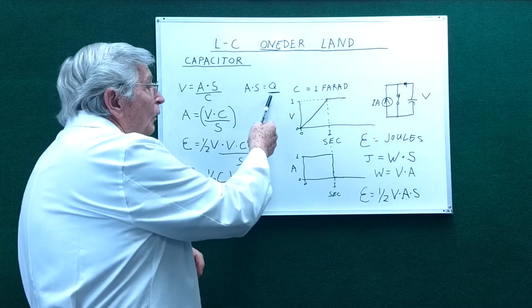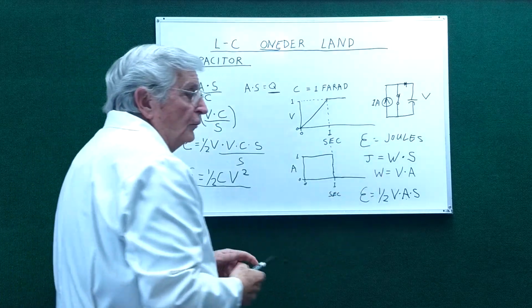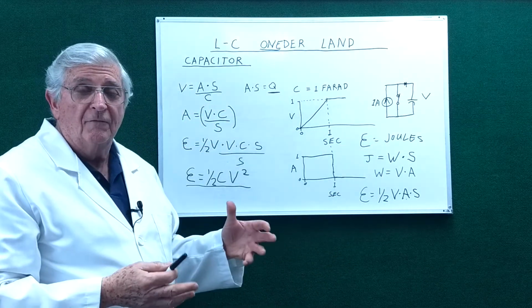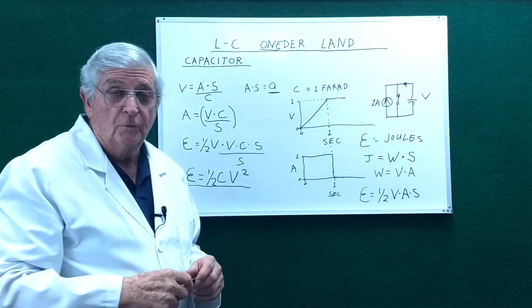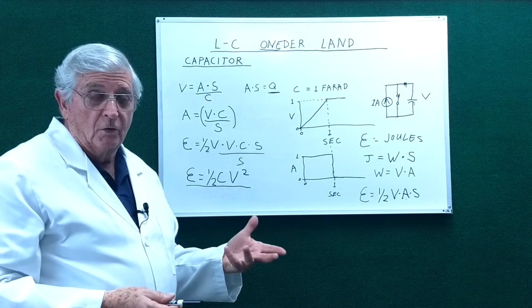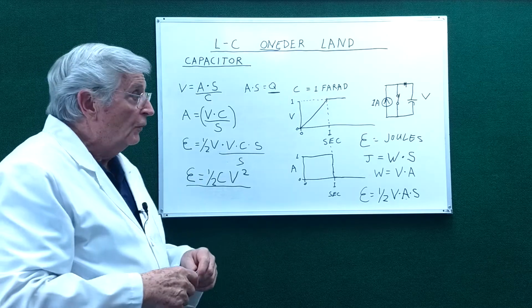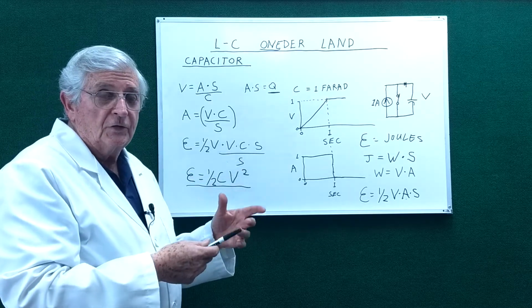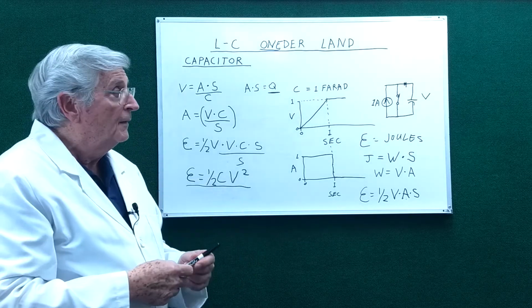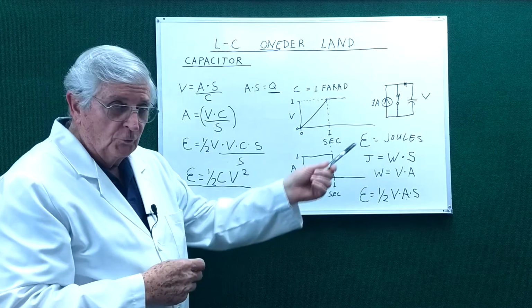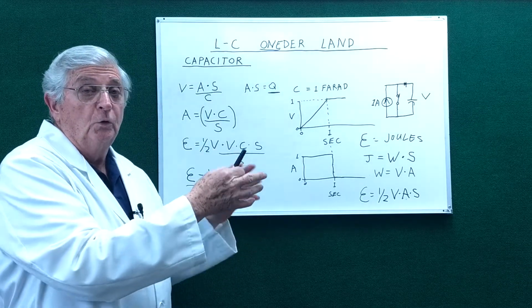If I have a coulomb at 1 volt, that's a certain amount of energy. If I have a coulomb at 10 volts, that's a lot more energy. So it isn't just the charge, the coulombs, that determine the energy, but also the voltage at which those coulombs